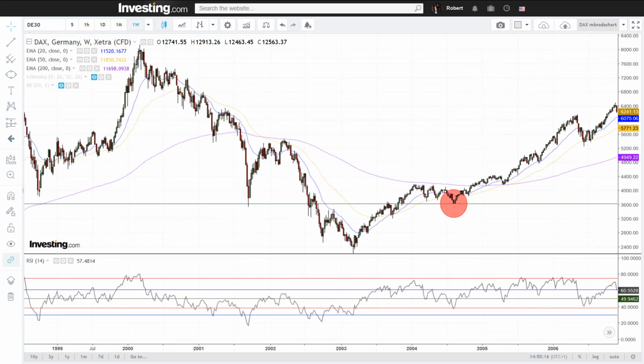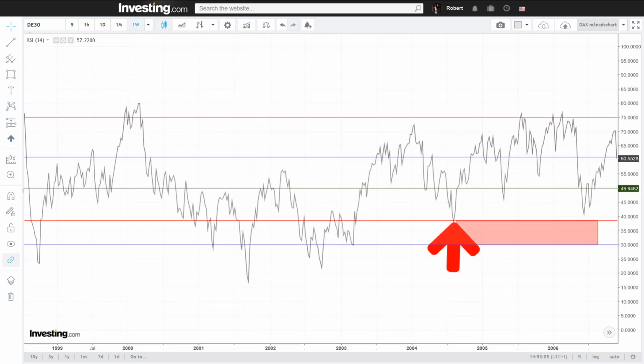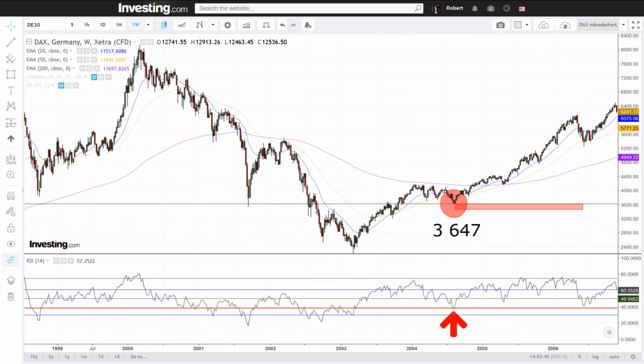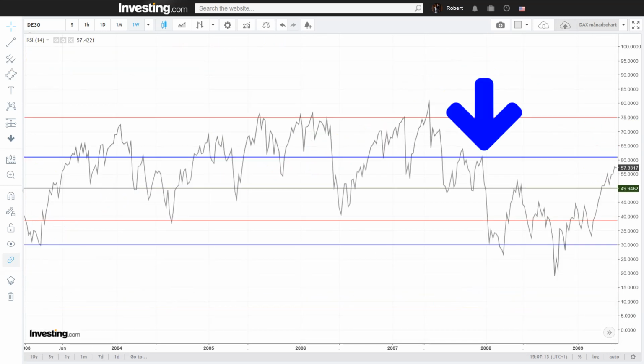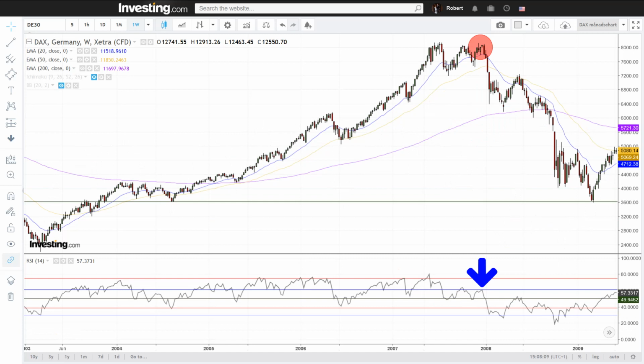In August 2004, we were given a buy signal upon the clear and dynamic lower bullish red touch at 36.47, which again was neither broken below by the RSI nor by the actual price. On Christmas Eve of 2007, after another steady and gradual RSI decline, we were given a clear touch of the upper bearish blue and again spookingly close to the all-time high. This time at 80.67, whereof the all-time high was at 80.92, just 0.3% off.